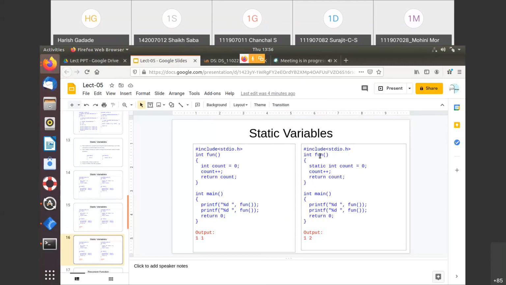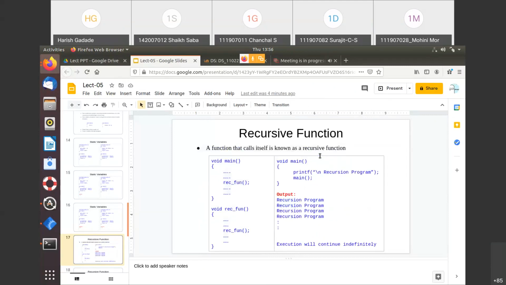Only one part that is missed, that is a recursive function, that I'll just take hereafter. So before this, we have seen the types of the function and this local, static, and global variables. So if you are having any doubt in these, you can ask me. Otherwise, I'll just move to the next. This is a recursive function. Any doubt?